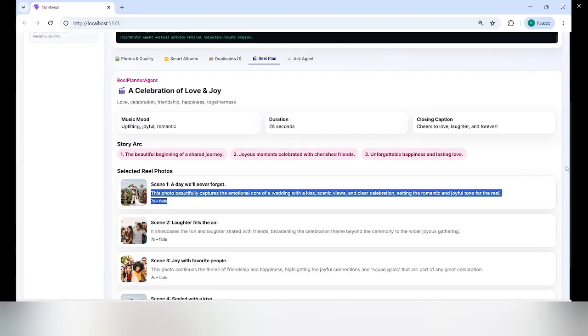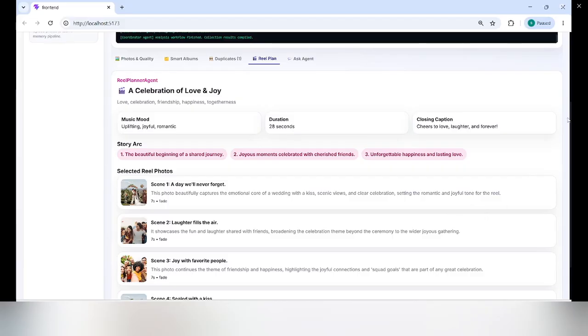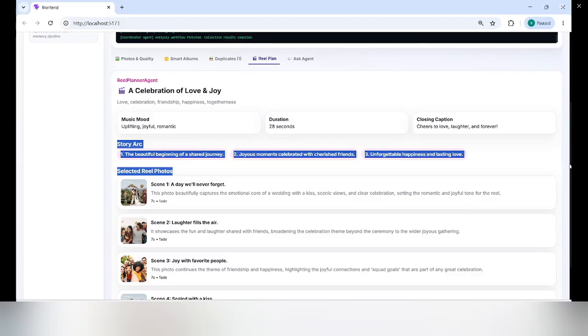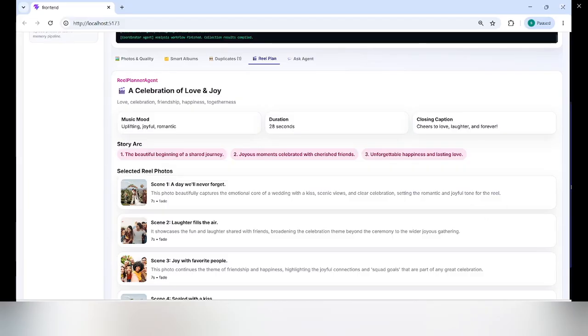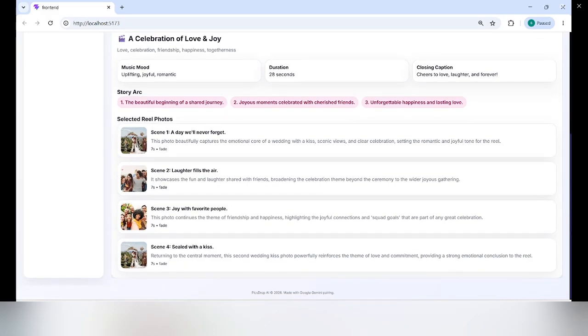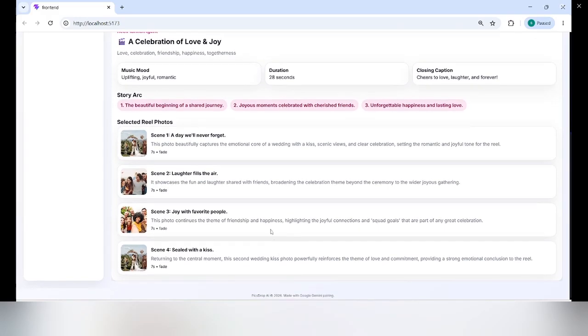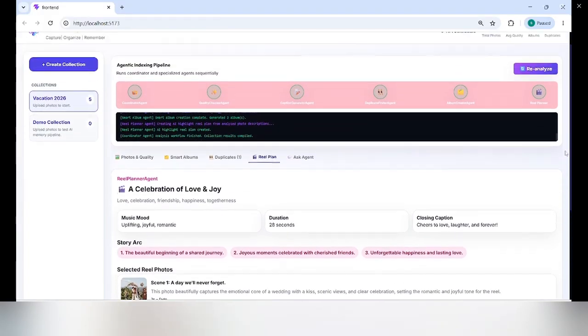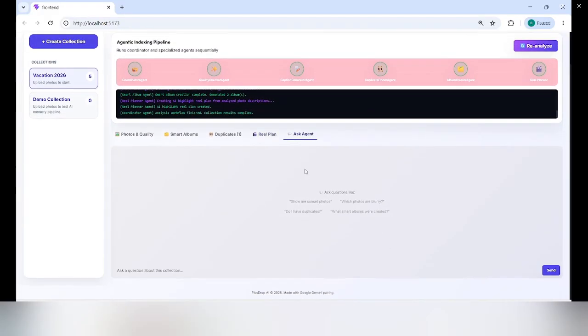It has also explained what the photo is about. And then finally, this is the Ask Agent, where you can use natural language to ask questions like which photos are blurry, do I have duplicates,